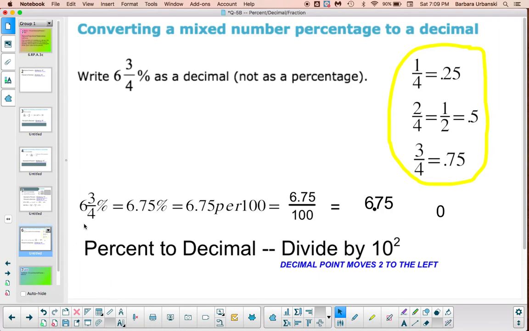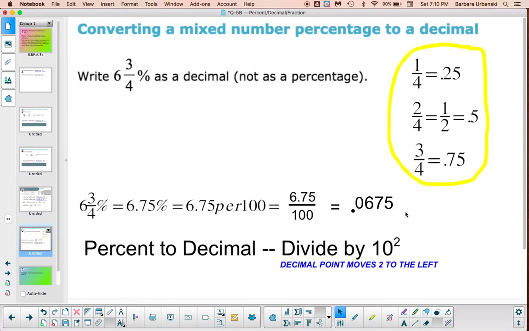So here it is. You've got your 6 3/4%. I would hope that you could convert that to 6.75% because it's 3/4 of a dollar. And then you could say that it's 6.75 per 100, which is 6.75 divided by 100. And again, we usually say divide by 10 to the second power. That means, is it getting bigger or smaller? It's getting smaller. How many place values smaller? That's what your exponent has there. 2. So if I'm moving 2 to the left, I'd have to put a 0 in here. We'd annex a 0. Doesn't change the value at all. And I would have to move my decimal 2 places to the left. And my answer then would be